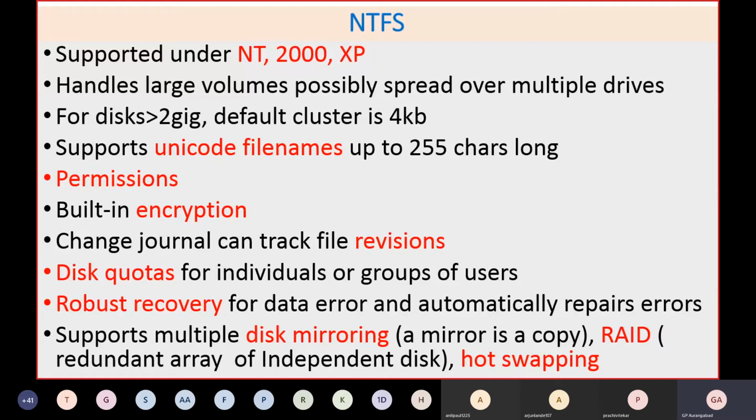If any hard disk is bad, automatically it will be indicated on your front panel, or it will even give an alarm message or something like this, and then the operator, the person who is looking after those servers, can remove that particular hard disk and put a fresh new hard disk in that position, and automatically the data will start backing up on it.